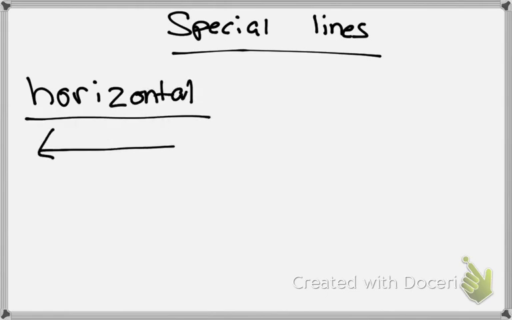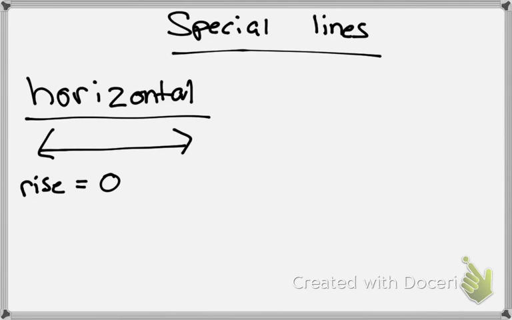A horizontal line runs from left to right. In this case, since it's moving from left to right, when we think about our rise, we don't have one. Our rise is 0, which means 0 divided by any number is still going to equal 0. So when we want to actually write the equation of our line for a line that just runs left to right,